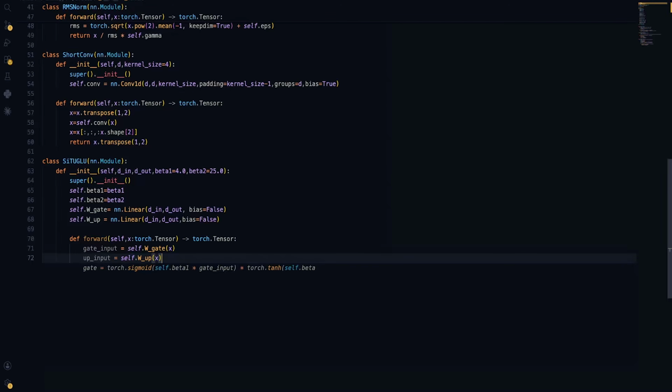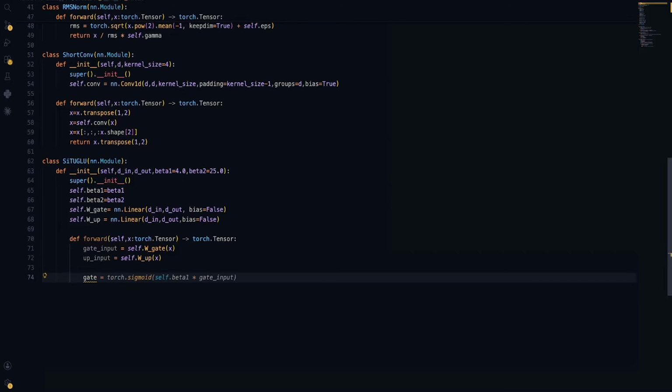So the gate branch is beta 1 multiplied by tanh of x by beta 1, and then multiplied by sigmoid of x. So the gate will be equal to self.beta_1 multiplied by torch